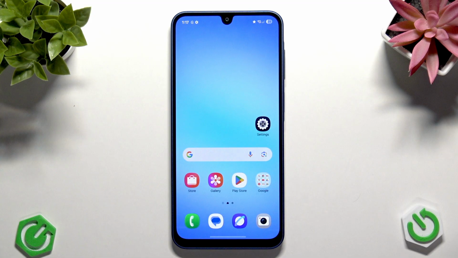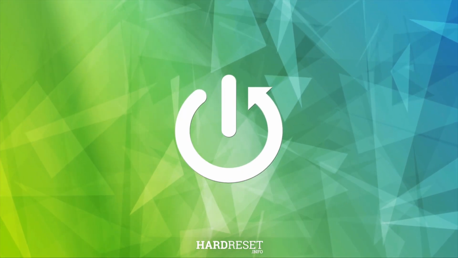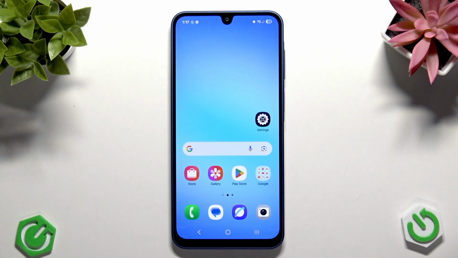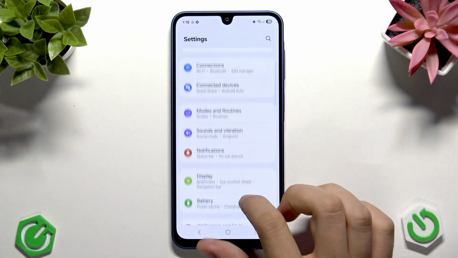Today I'm going to tell you how to enable these types of gestures in your Samsung Galaxy A17. Here, as you can see, they have the default one set up, which will have buttons. Now, to change that, at first we need to open settings, and here we have to scroll down